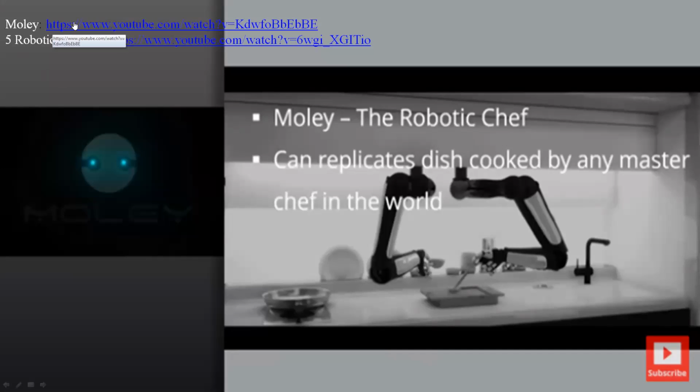So, an automatic kitchen. If you give some input of a product, vegetables or something, it will give some recommendation: this is what we can make, and if you click OK, it will start cooking for you. This is called a robotic kitchen. If you look at this concept, it is based on data analytics and AI. We will take 1 or 2 minutes to see the video, then we'll proceed further. I'll run this video.